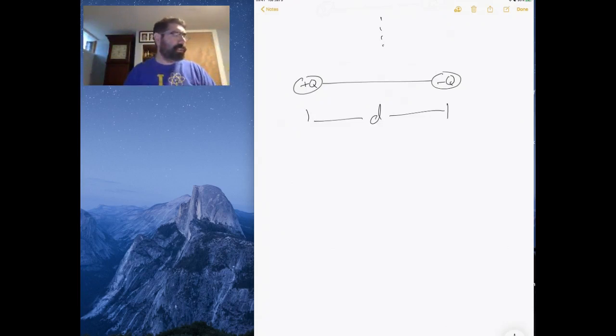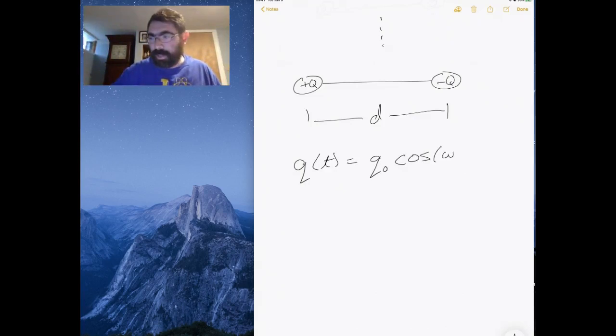So therefore, the charge on any sphere at a given moment in time, let's say the left sphere, would be q equal to the initial charge q0 times the cosine of my driving frequency, omega t, that I move it back and forth. So if that's the charge on, say, the left sphere, then